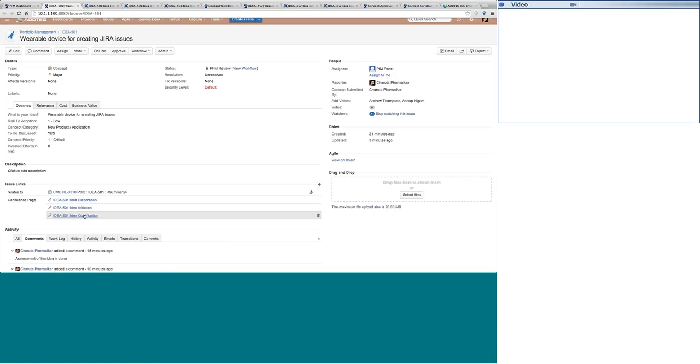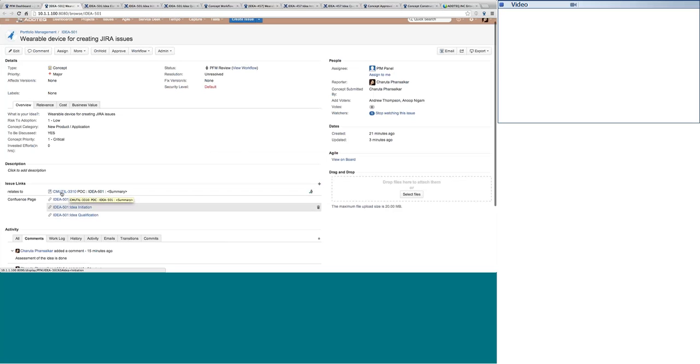So we have everything from when the idea was initiated, when it got qualified, till it got elaborated, or maybe the POC or the technical prototype that was implemented for this idea. Based on these things, they are in a good position to take decisions.